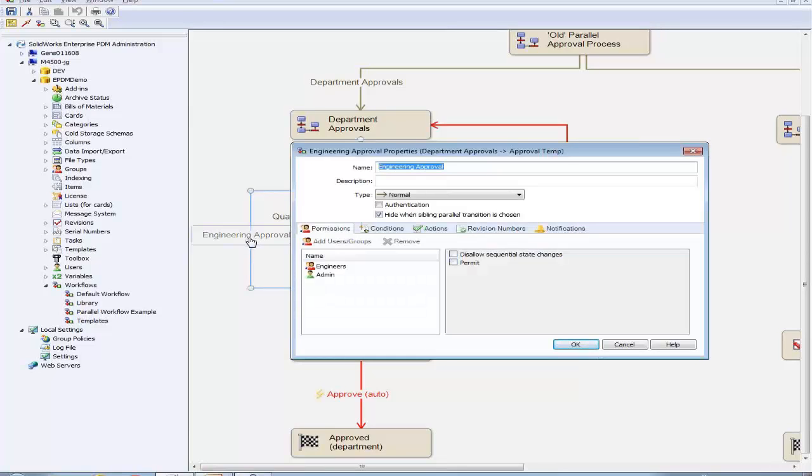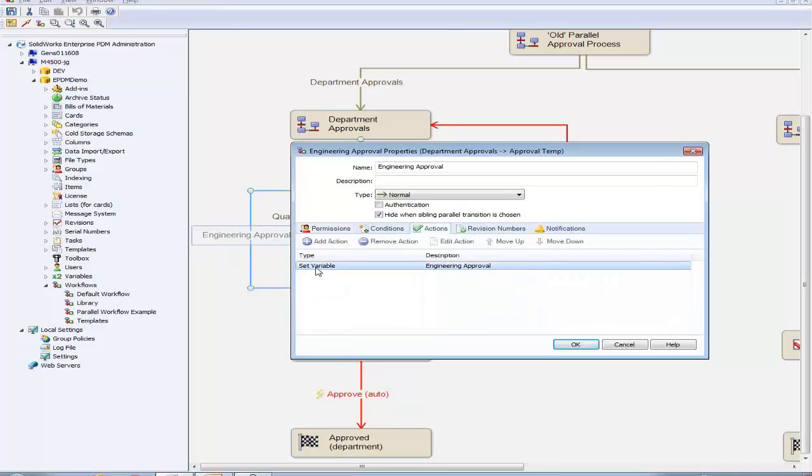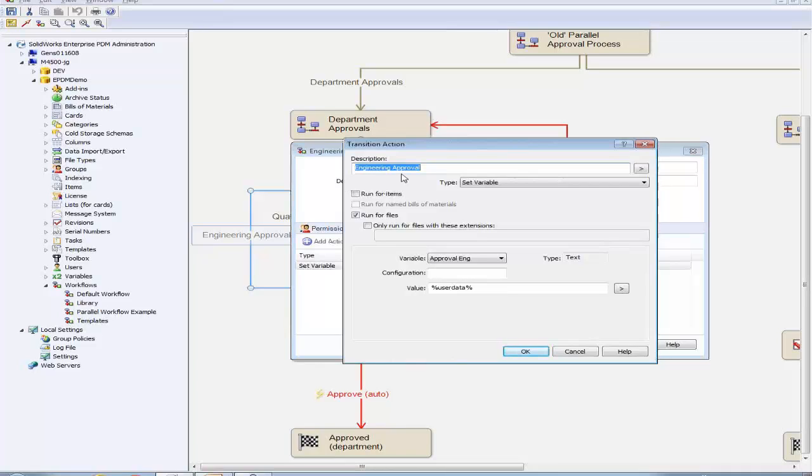So for the engineering approval, one of the things that we need to know is that only the engineering group is permitted to perform this transition. I don't have any of the other groups allowed to perform this transition. If I look at the actions that I'm taking here, I'm doing a set variable action, and I'm setting the approval engineering